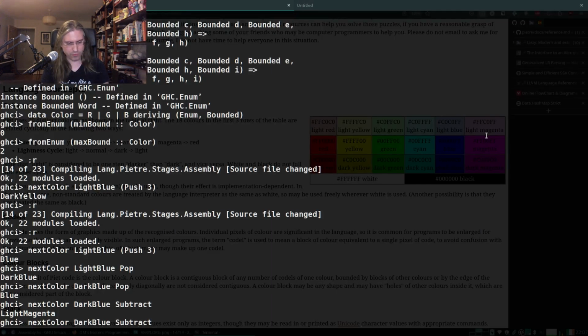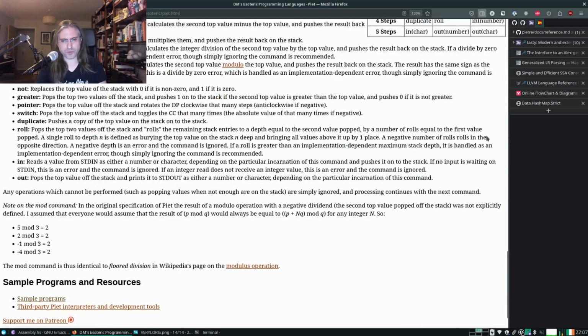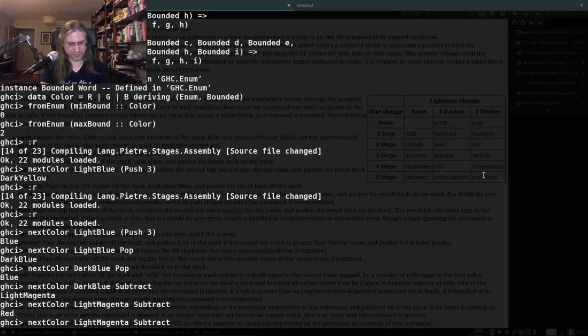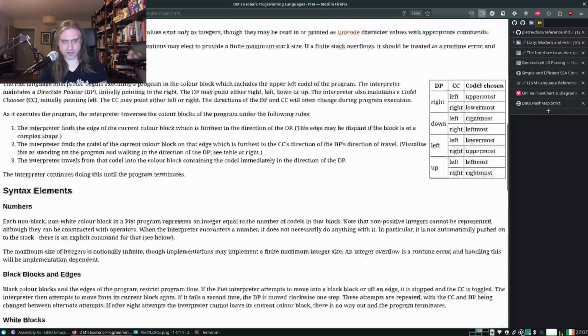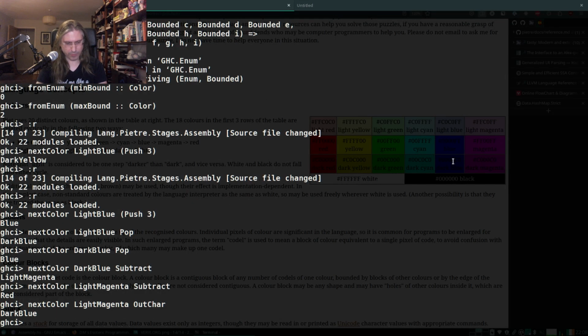We should be getting red after light magenta. Yep, okay, perfect. And now if we try an out character from light magenta, we should be moving 1, 2, 3, 4, 5. 1, 2, we should be getting a dark blue, I think. Yep, perfect. So that seems to be working as well.